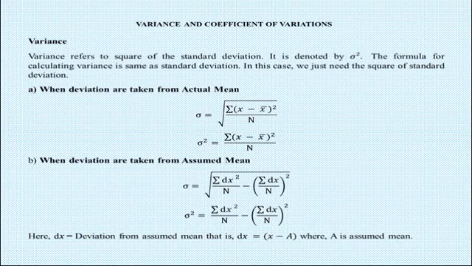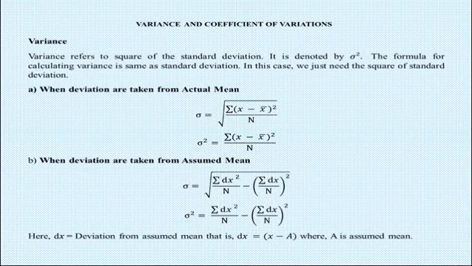The formula for calculating variance when deviations are taken from the actual mean is summation (x minus x bar) raised to power 2 divided by n. The formula when deviations are taken from an assumed mean is summation dx square divided by n minus (summation dx divided by n) raised to power 2. Here, dx is the deviation from the assumed mean, that is, dx is equal to x minus a, where a is the assumed